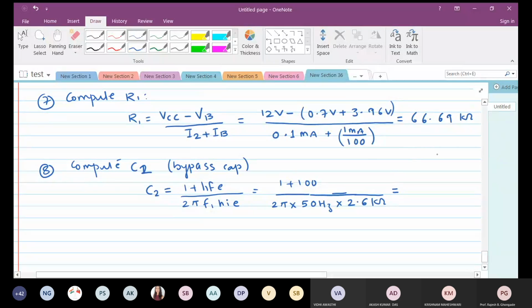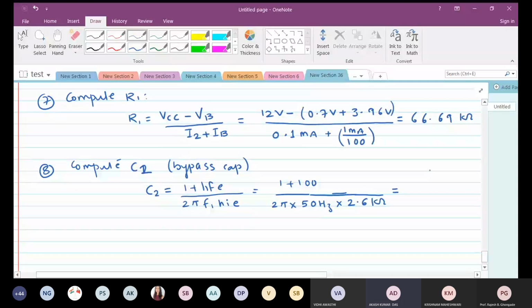So make it a practice to show the values or convert the values in terms of, for resistor I have told you convert it into kilo ohms, mega ohms, whatever it is. For capacitors it will be either millifarads, microfarads, nanofarads and picofarads. So what do you get? Mostly this capacitor will be an electrolytic capacitor. So many tens of microfarads. What is the value that you are getting?